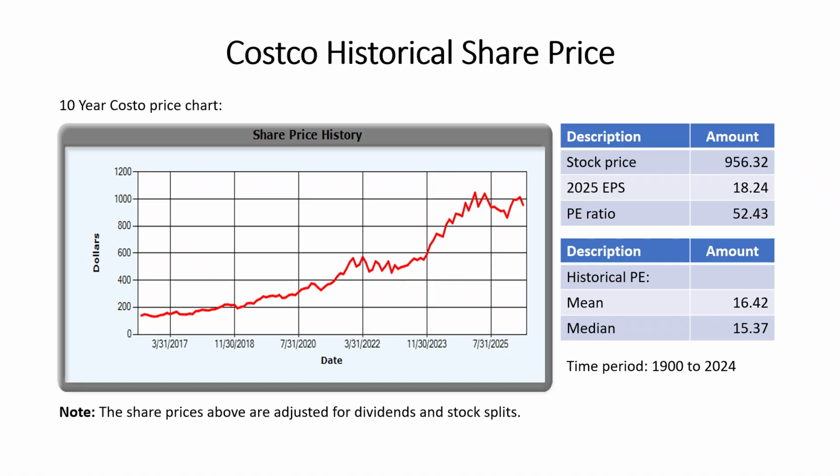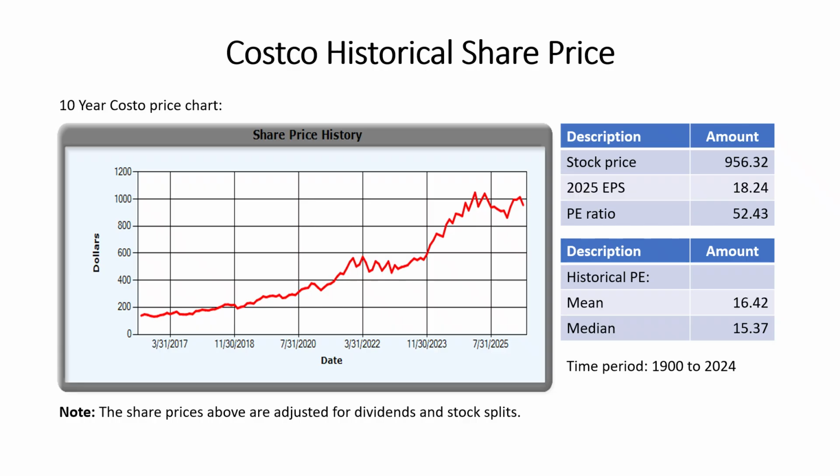So now we're at the point of rationalizing our calculation of the intrinsic value of the shares at 393 when the shares are actually selling for 956. Now, to say that the shares are worth 393 when the share price sells at 956 goes against the efficient market hypothesis. Basically, that hypothesis says that share prices at any given point in time reflect all known information, so all shares are fairly valued.